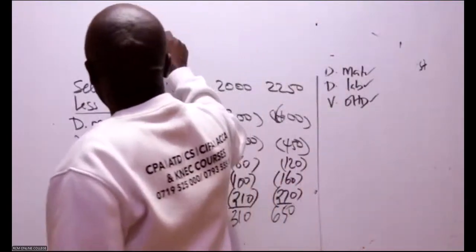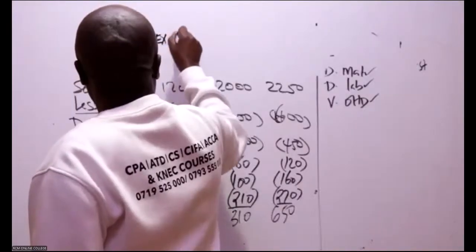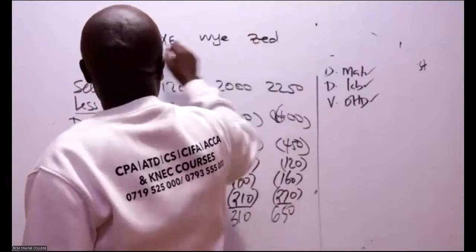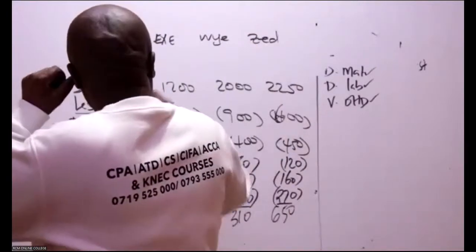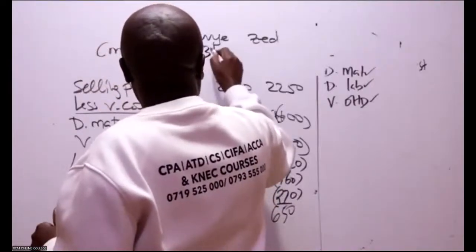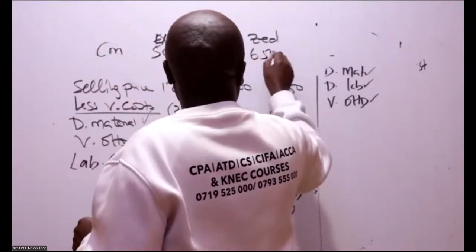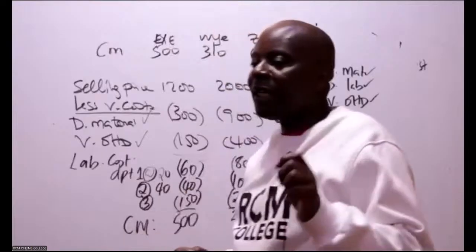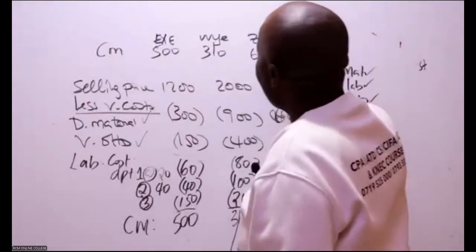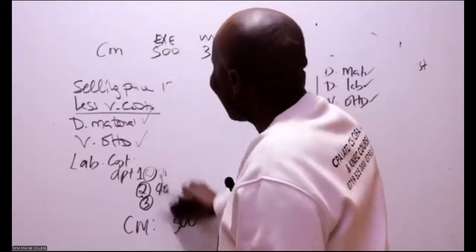So we have here X, we have Y, Z. So we have our contribution margins. Don't write another table. You guys are safe. I'm the one who has to write another table because my board is very small. So second step, after, ladies and gentlemen, you get contribution margin. That is step number 1. Step number 2, you give us scarce resource